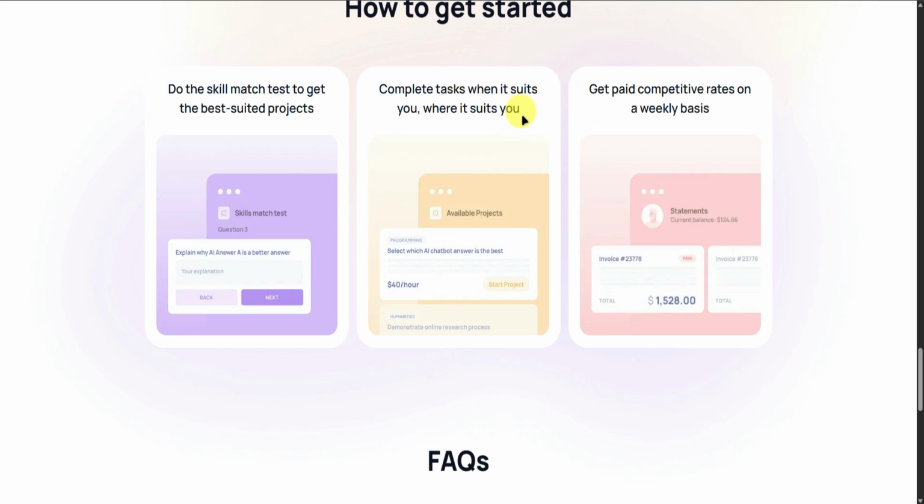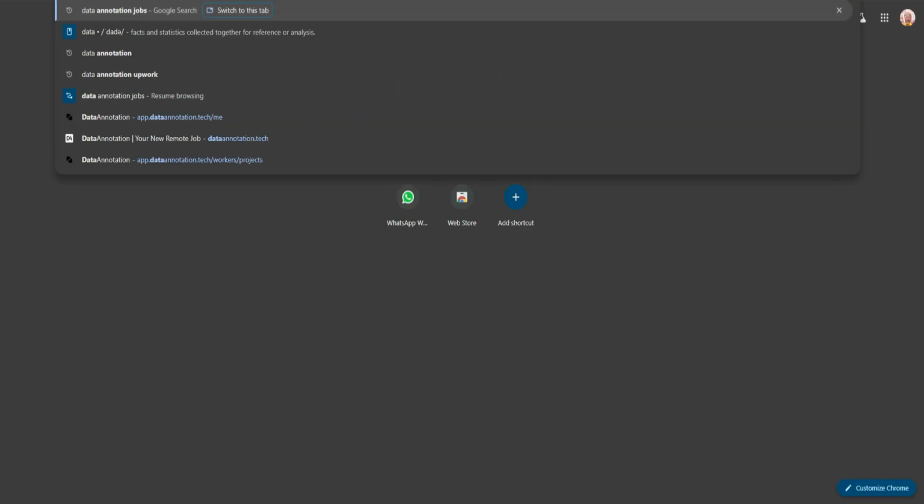And then there you go, and then once you're done, you'll get paid competitive rates on a weekly basis, just like this one right here, where you can earn up to $1,528. So yeah, and then some other data annotation jobs that you could also apply on is called